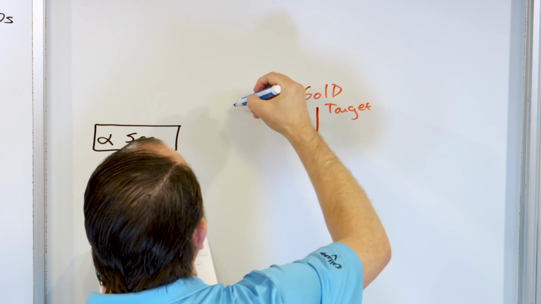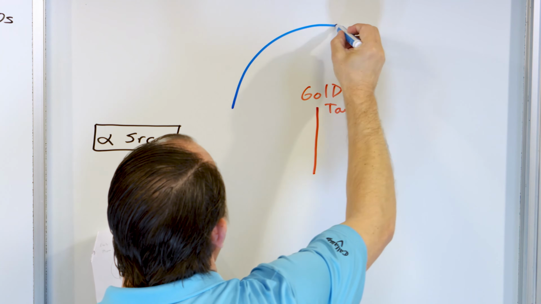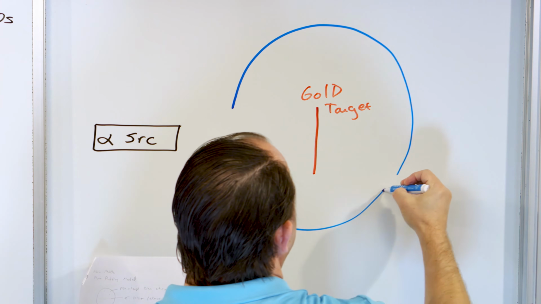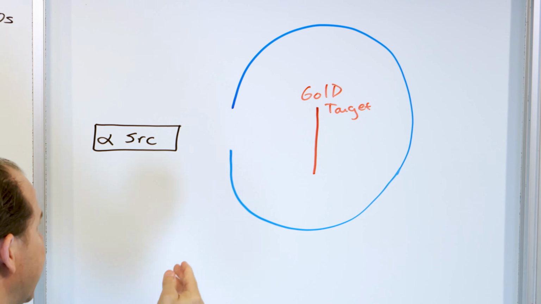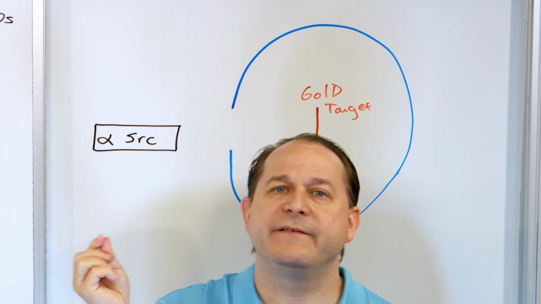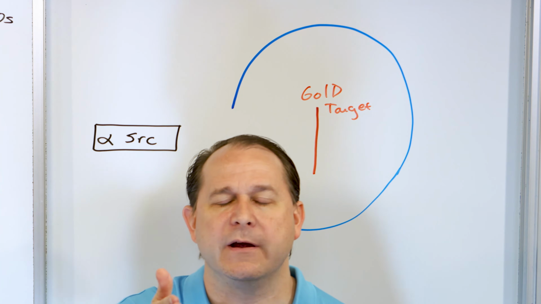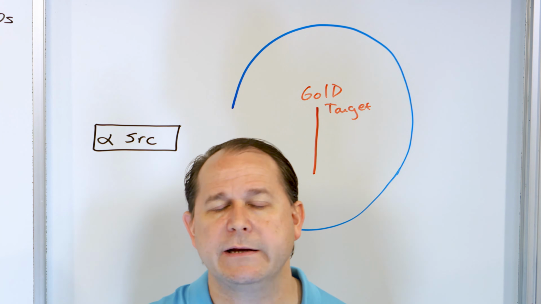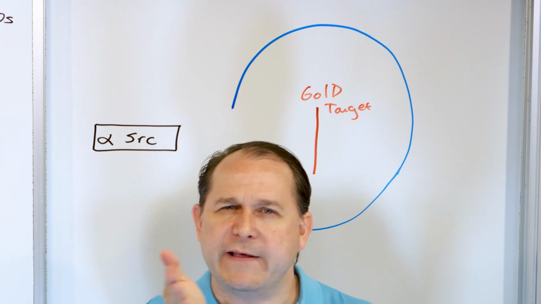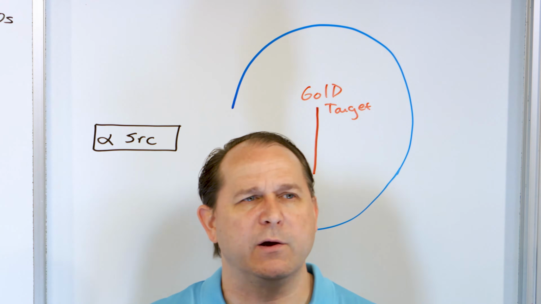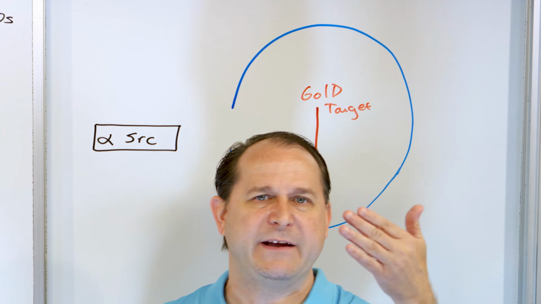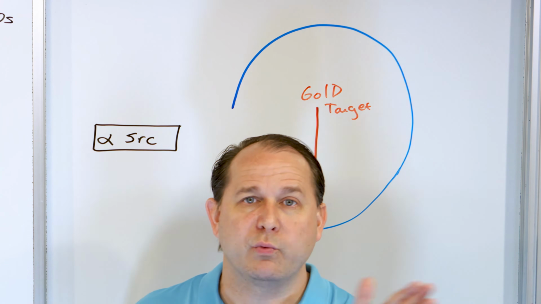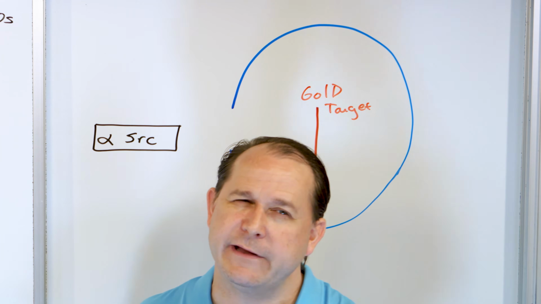We have a detector which goes all the way around the target. And with this detector, we're able to see what happens to the alpha particle. Where does it land? Do the alpha particles go straight through the target and land straight behind? Do they bounce off some of the gold? You're probably thinking, well, you just hit a sheet of gold, so maybe they just stop. Well, a lot of them are going to stop, maybe get embedded in there, but a lot of them are going to ricochet and bounce off the little atoms in there